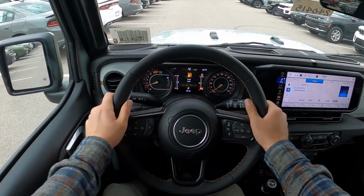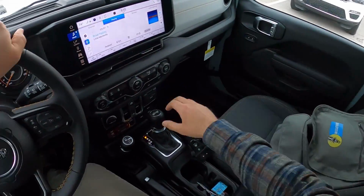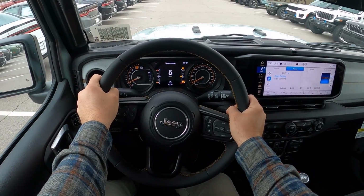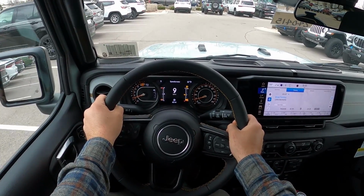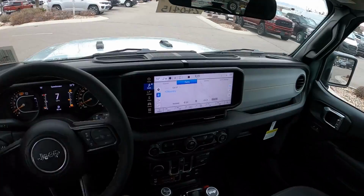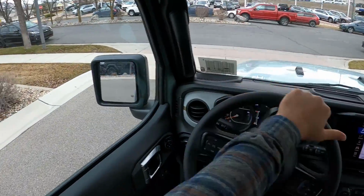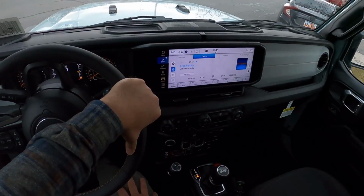Well, let's talk about visibility before we set off. Here's visibility over the hood, both the mirrors, to the rest of the rear. And let us set off on the Wrangler. So I can tell you with these two particular vehicles, the ride quality difference between a vehicle with all-terrain tires and more mud-terrain type tires is pretty